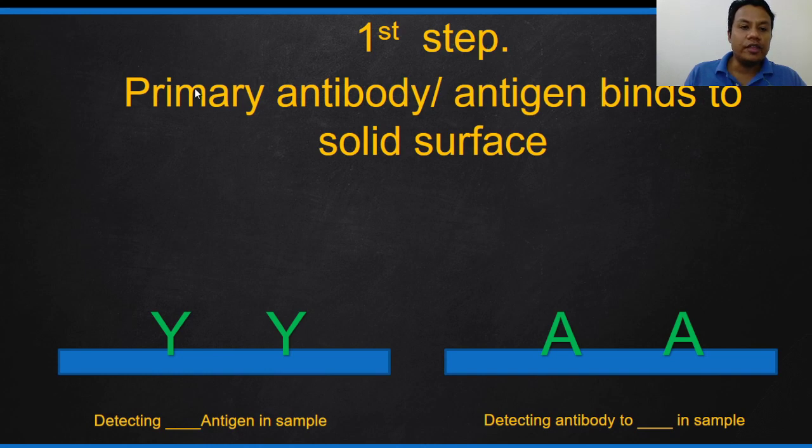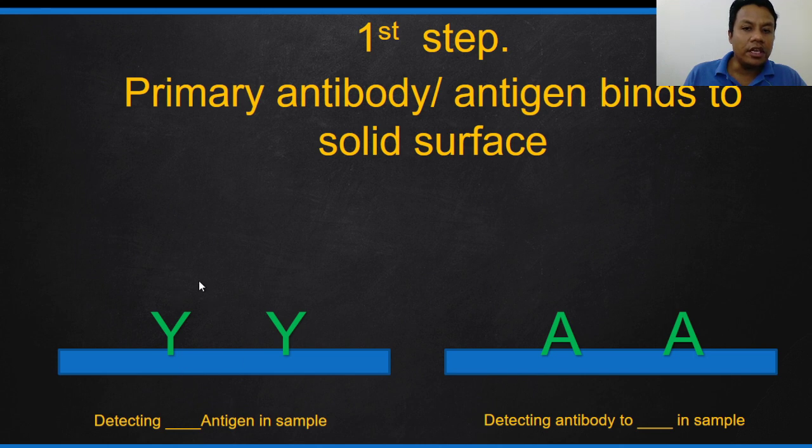So this is the first step. Primary antibody or antigen binds or is coated to a solid surface, for example, plastic. Here we can detect any antigen that we want or detect any antibody being produced in the sample. So if we want to detect an antigen, of course we need to